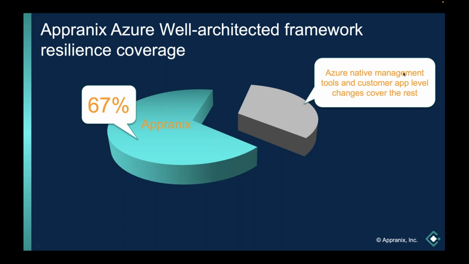And Appranix is proud to say that we have the coverage for the resilience part of it. It's not everything, and there are 5 pillars. From a resilience perspective, we have a very good coverage compared to others. 67% of the requirements, there are about 108 different subsections within the reliability. Please go and explore the tool, start the framework tool, and go through the questions that Microsoft has really